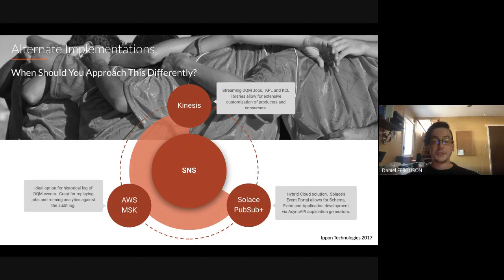Solace is great because it's a hybrid cloud solution. You can connect a Solace router in AWS to a Solace router in GCP or Azure. This is great if you host your data warehouse or your data analytics in GCP, and you have upstream services in AWS, like an OLTP database. It's a great message bus for shipping your data insights to another cloud provider without having to go through all the hassle of configuring hybrid cloud solutions.